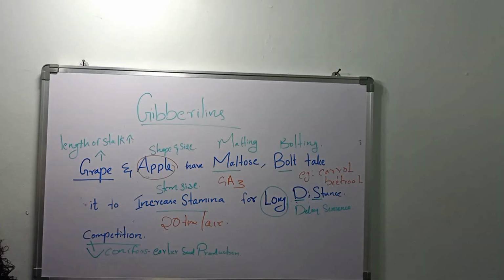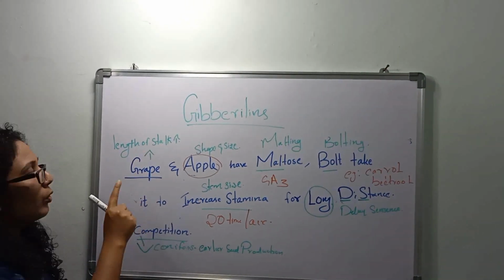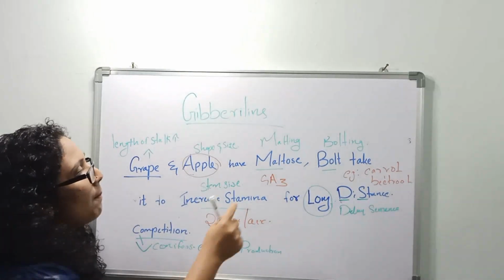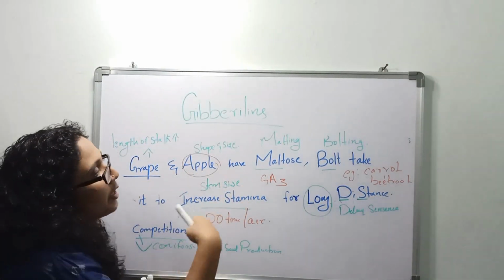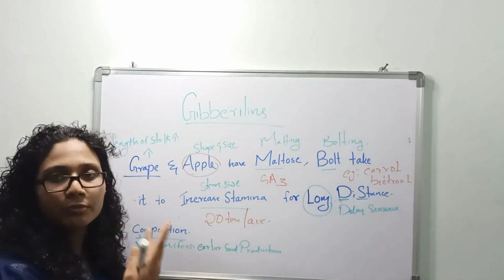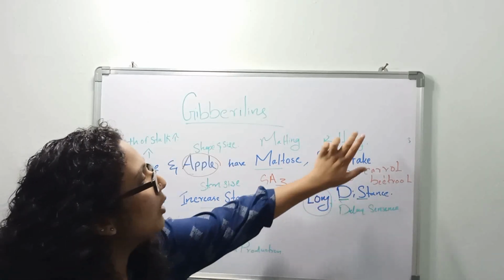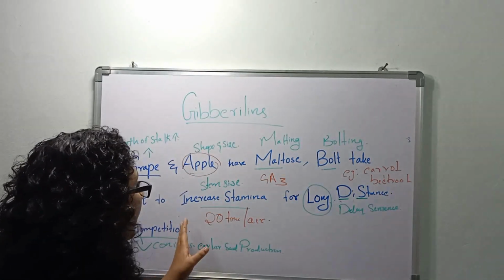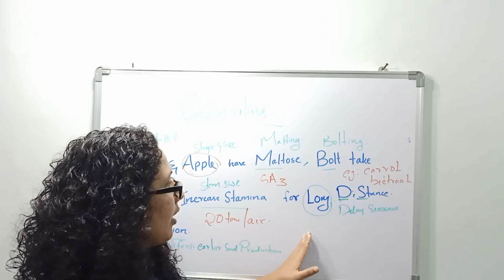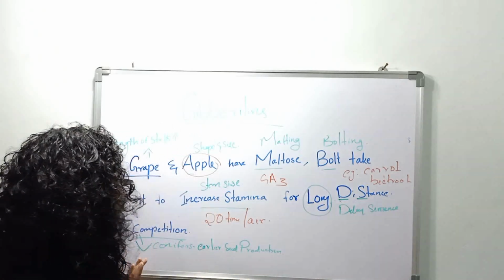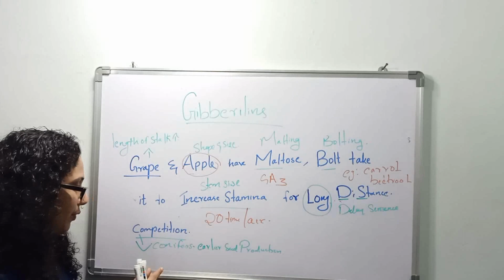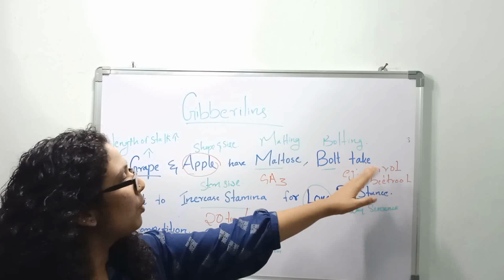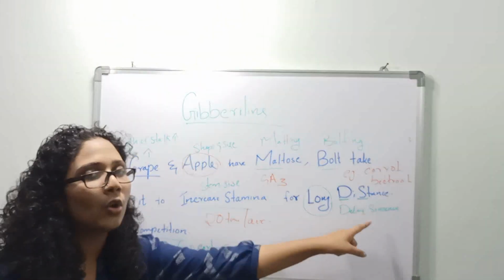So once again, the main functions of gibberellins are increasing stalk length of grape, maintaining and increasing shape and size of apple, malting or brewing in alcohol fermentation, bolting or internodal elongation in plants with rosette habit, increasing stem size in sugarcane, delaying senescence, and at last earlier seed production in conifers. Once again, the mnemonic: grape and apple have maltose, bolt take it to increase stamina for long distance